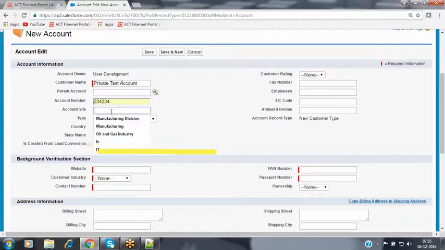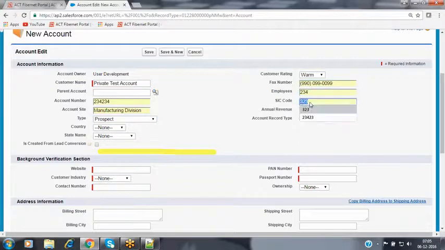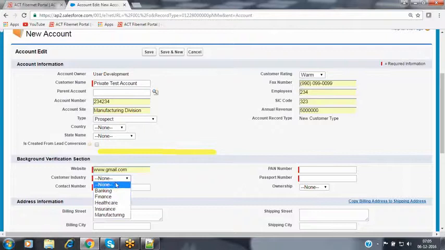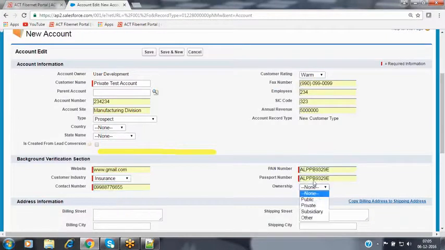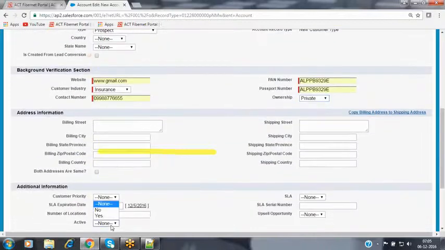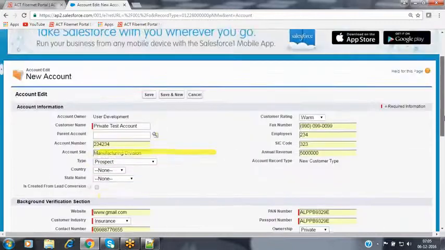I'm entering some default values that are required to create the record: the website value, industry value, contact number, PAN number and the passport number, and the active status. I'm entering these values because we have added some validation rules on this.